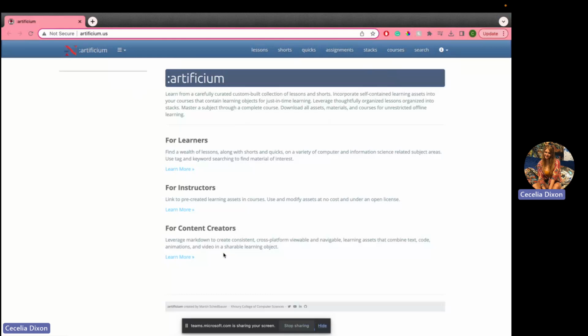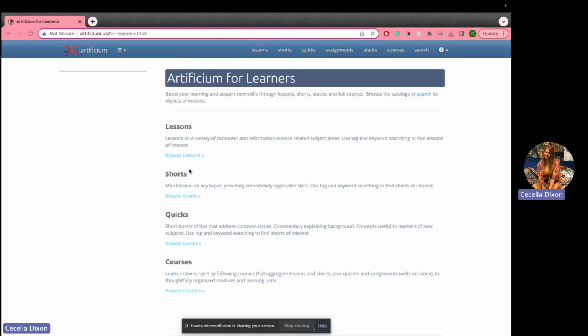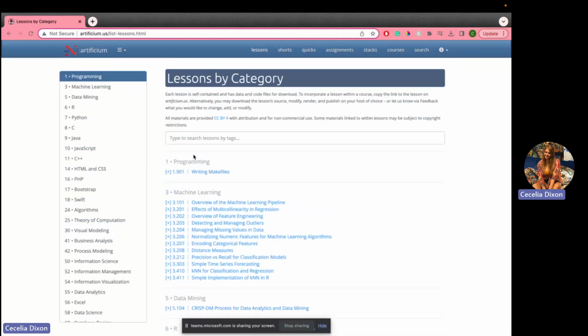And then we have this initial mechanism of choosing for learners, for instructors, or for content creators. I've noticed it does bring you to a little bit of different suggestions, but ultimately you end up in the same place. And then you have no indication of which one you clicked. There's no difference really in any of them. I think it'd be way more effective to either show the user a difference, and depending on what you click, you only have that in your nav bar,